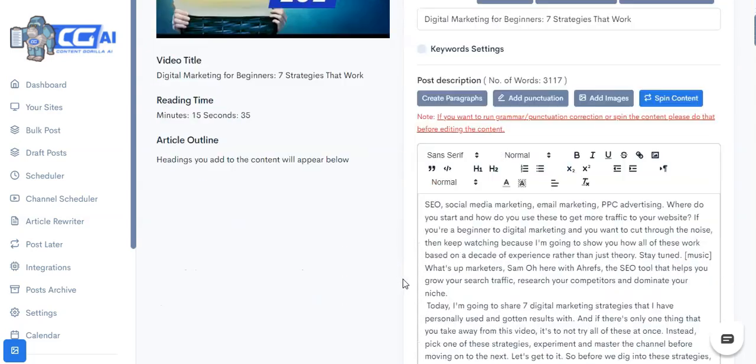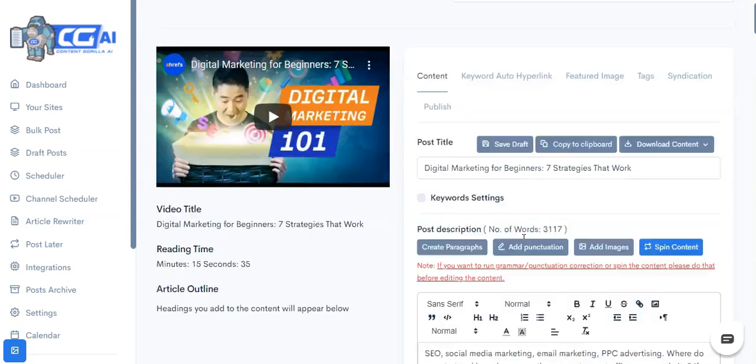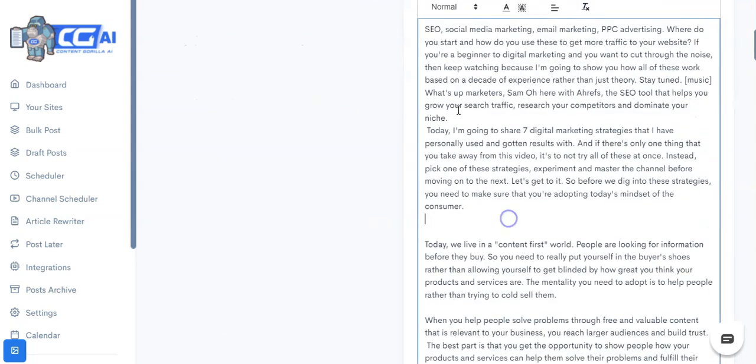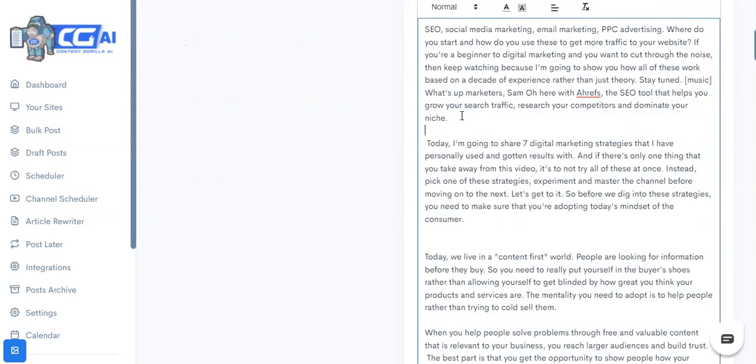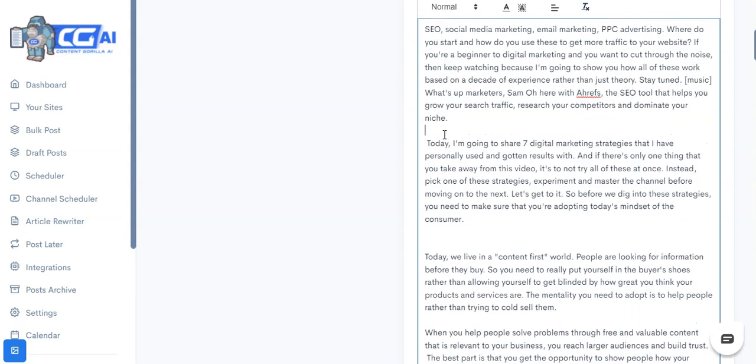It's Ishlal, and in this video I'm going to show you Content Gorilla's all new artificial intelligent engine in action. Now, at the very basic level, what it can do for you is it can create content and it can paraphrase your content. So let me just quickly show you the paraphrasing feature first.